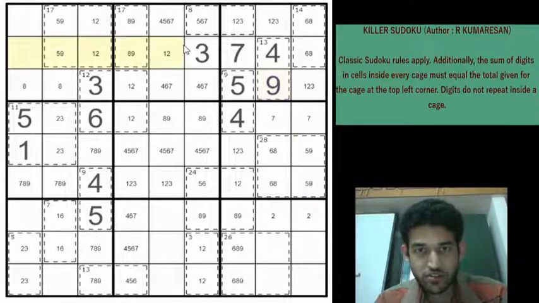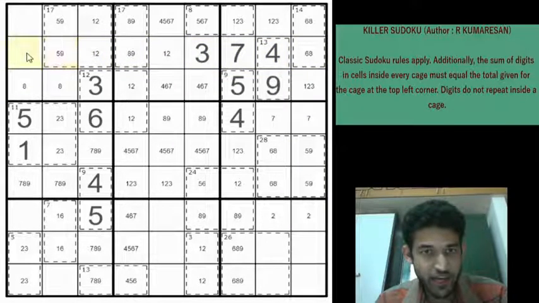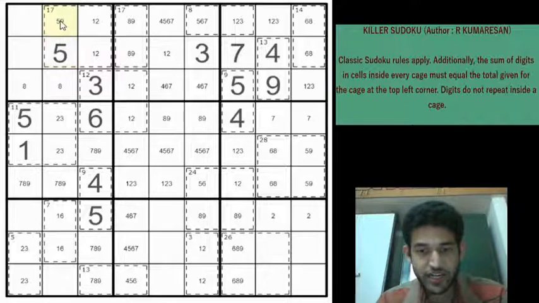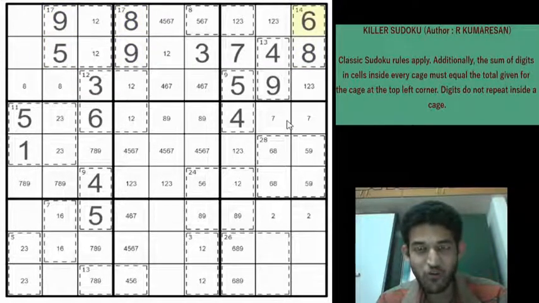Okay, now if you look closely at row 2, this is a 6 or 8, this is 3, 4, 7, this is 8, 9, 1, 2, 1, 2, 5, 9. And there is only one cell left for the 5 in row 2, right? Which is in row 2, column 2. There is no other cell left for the 5 in that row. So this will be a 5 now. And that gives a 9 here, a 9 here, an 8 here, an 8 here and a 6 here. Now we are beginning to roll, right?